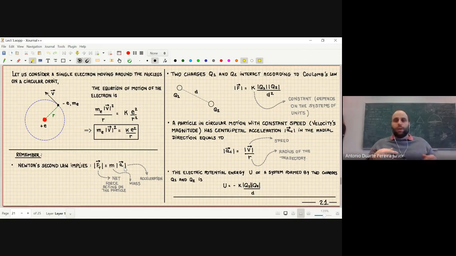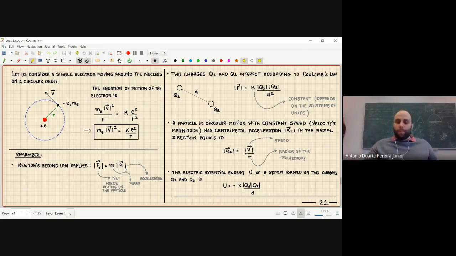And remember, this equation is valid for reference frames that we call inertial reference frames, okay? If you have non-inertial reference frames, then you have to take into account fictitious forces, but we are not going to discuss that here. So I'm just assuming that I have an inertial reference frame, and by definition, those are frames where Newton's laws are valid.